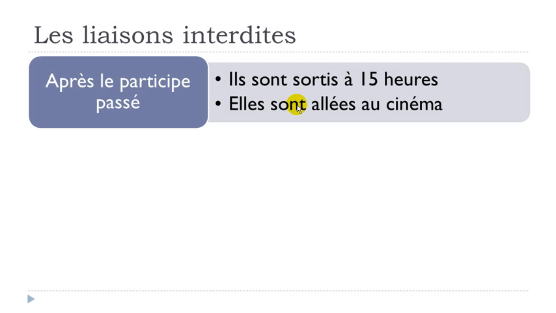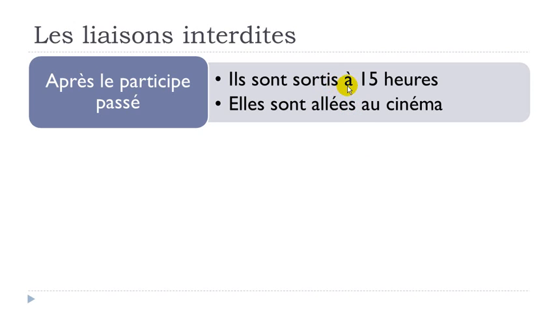We've got the verb être, to be, and after that we've got this participe passé form, and together they give you the passé composé form. So if you think about what we said, après le participe passé, if we spot it, this is the participe passé, sortis, and this is here the participe passé, and both end with s,